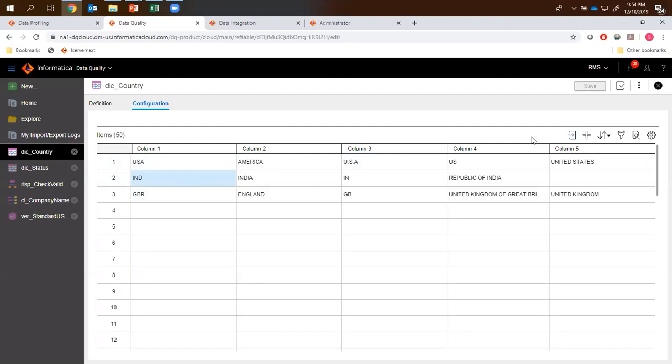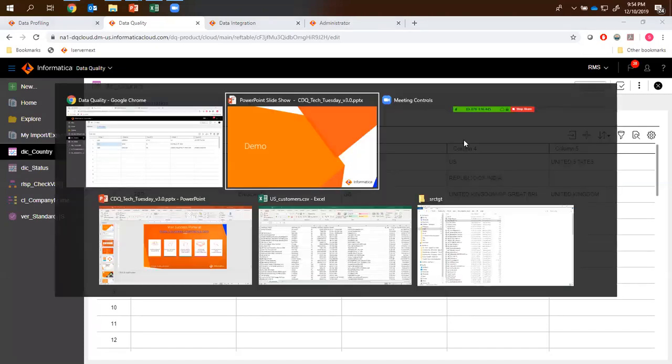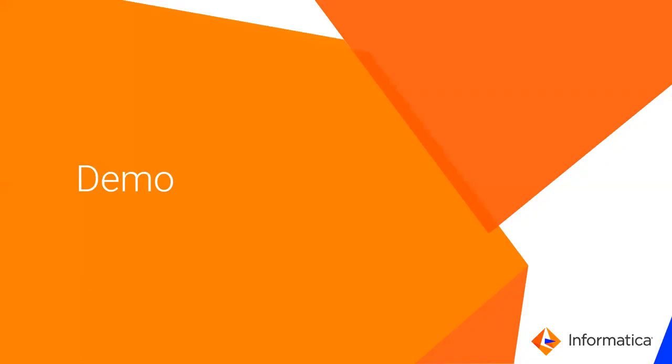We also have various options available here in case you want to import the dictionary from a file, or in case you want to manually add a row. We also have options to sort and filter as well. Later, we will see how to use dictionaries in rule specifications and how rule specifications can be used in mappings. So moving back to the slides,